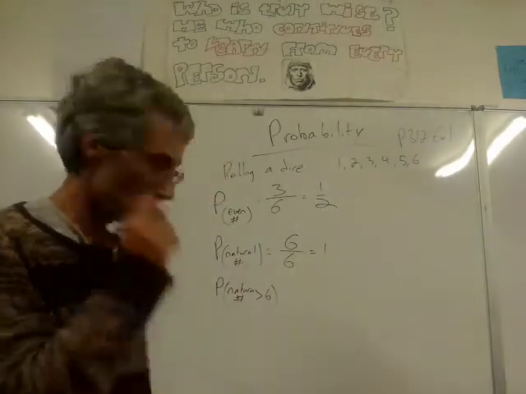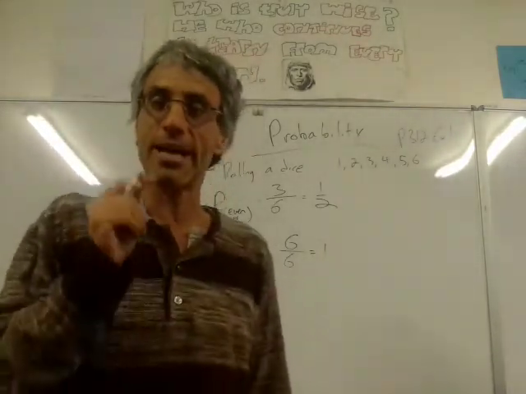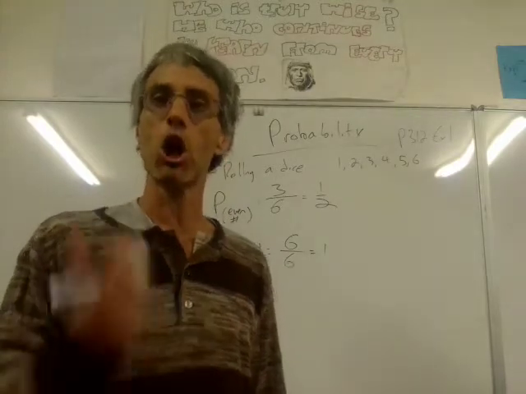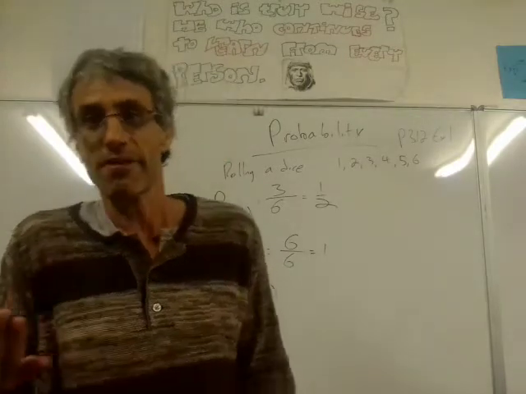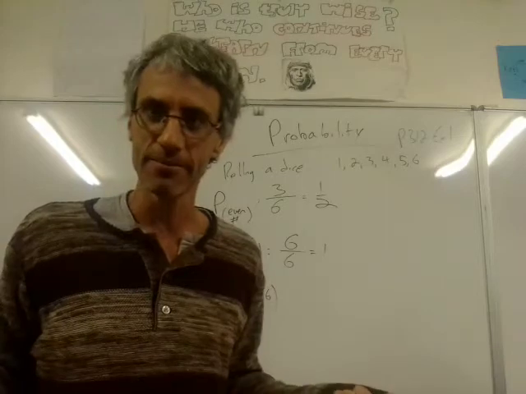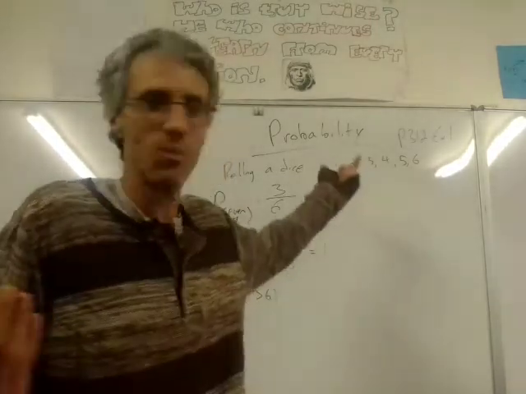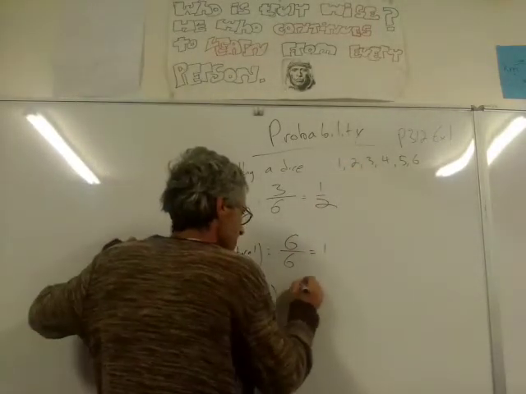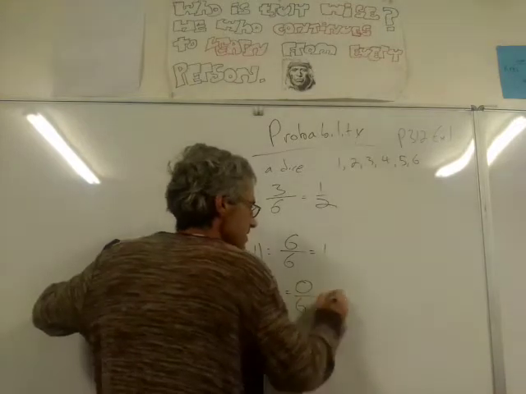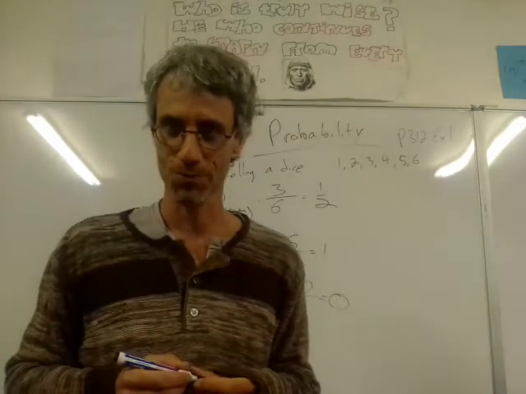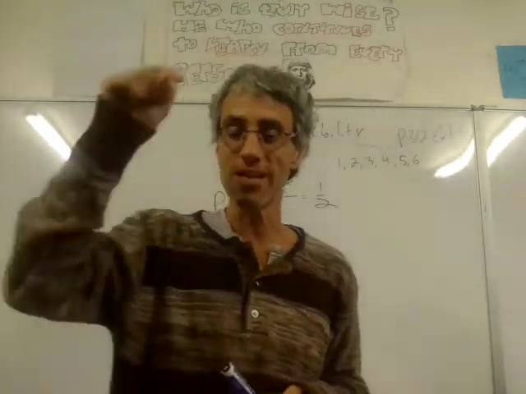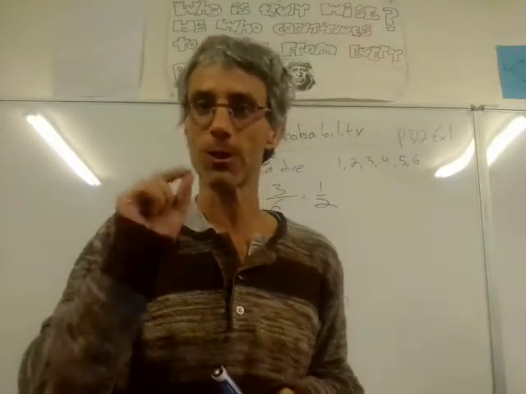Let's look at the next one. What's the probability that we're going to get a natural number which is larger than 6? 7, 8, or 9. Can I get them? Of course not. There is no possibility. So there are 0 events like that out of 6, and the probability is 0. No chance at all. Okay, we're going to move on to the next example, which is about cards.